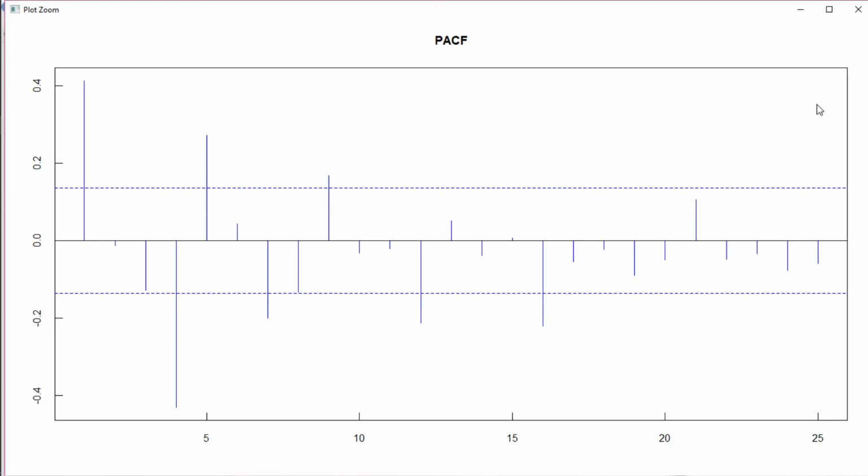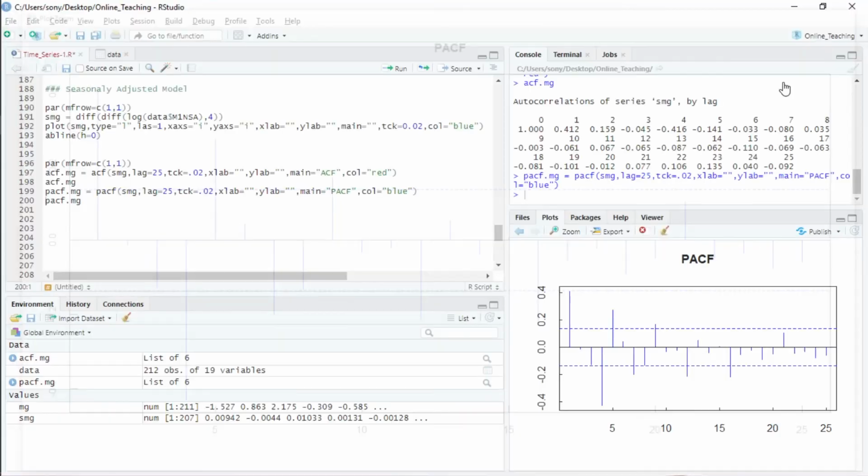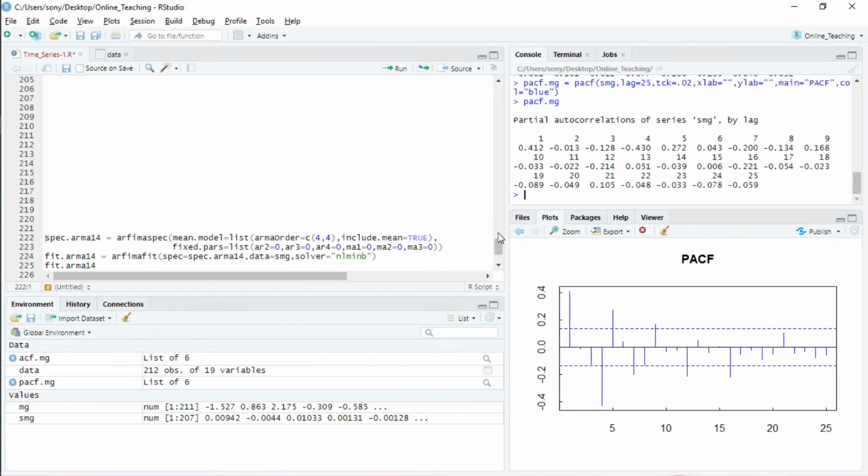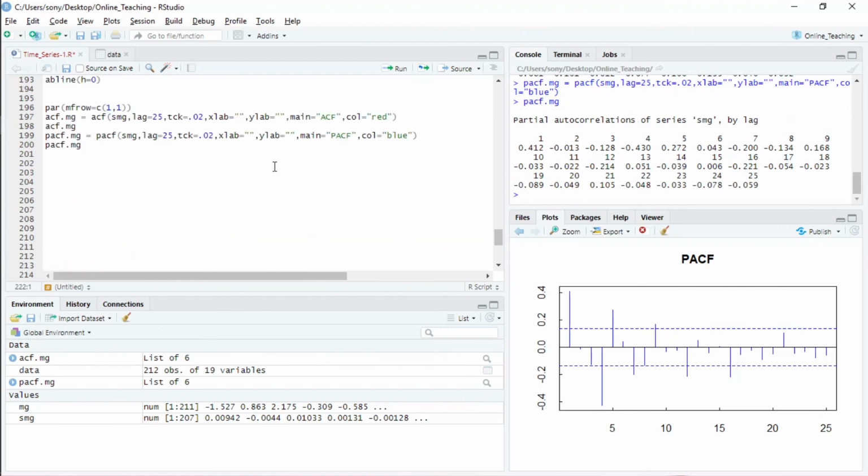That seasonality is because of this moving average component. So for that you have to change your data appropriately and take a proper model which accounts for this seasonality. How to do that, maybe I'll show you in my next video.